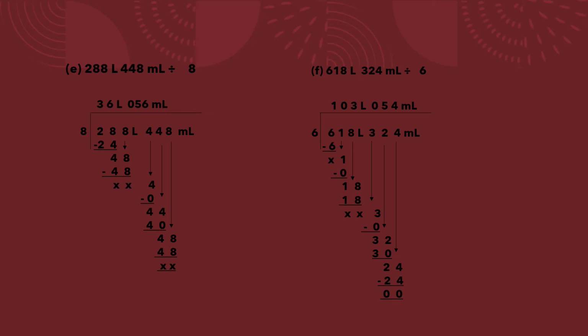Then liter is written. Write down liter above. Then come towards milliliter side. Bring down the next number. That is 3. Now again 3 is smaller than the divisor 6. So write down 0 above on the quotient. Then bring down the next number. It will become 32. Now read out the table of 6. 6 5s are 30. 6 6s are 36. Now 36 is greater than 32. So you will take 5 times. 6 5s are 30. Then subtract. 2 will be left. Then bring down the next number. It will become 24. Now 24 comes in the table of 6 4 times. So write down 4 on the quotient and then subtract. So your remainder will be 0 and your quotient will be 103 liters 54 milliliters.